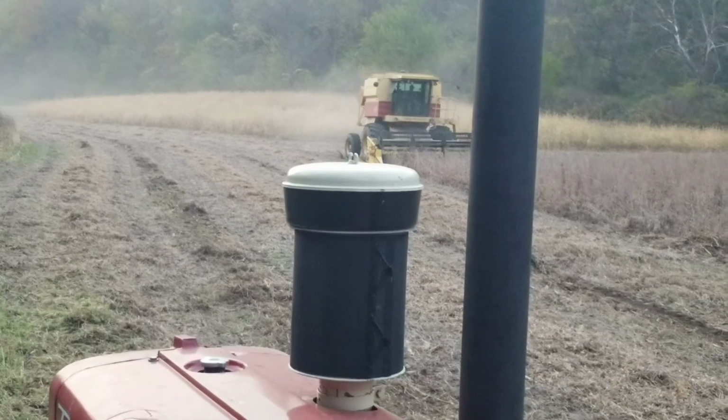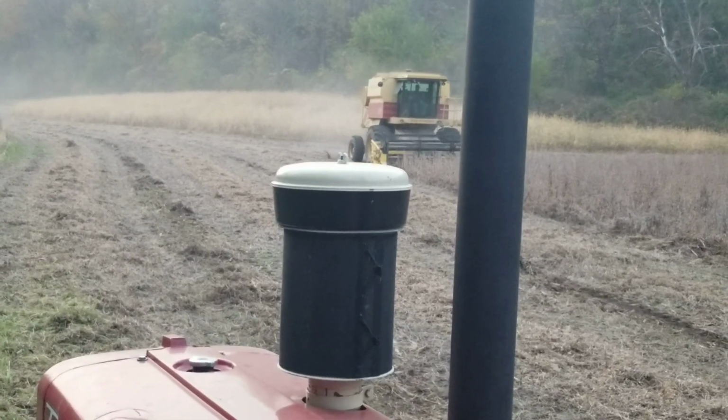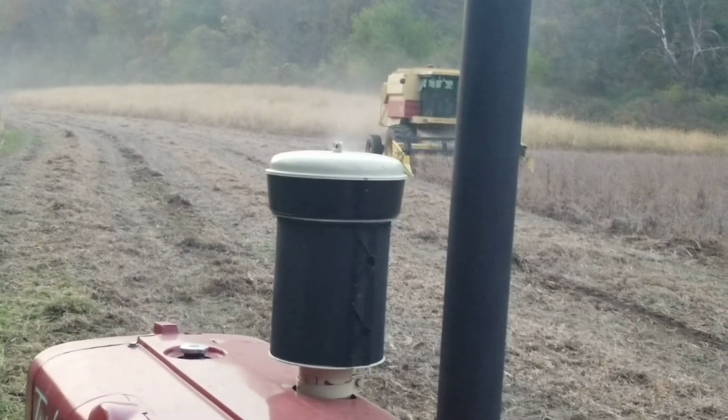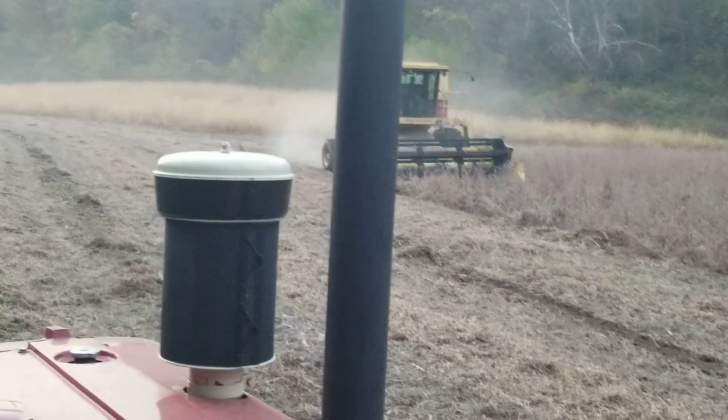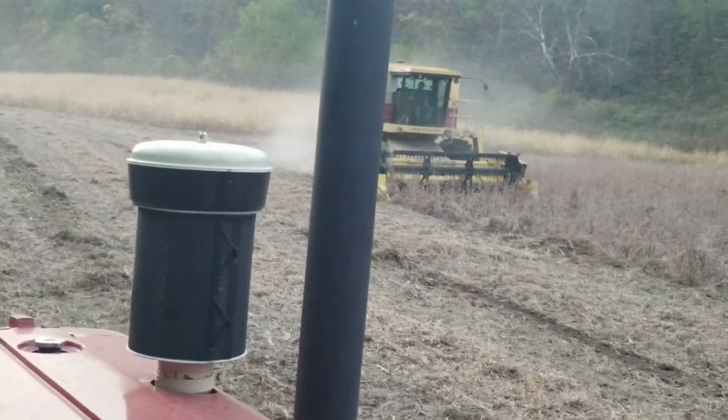It was like a D or something like that. It was kind of a big, awkward tractor that took 80 acres to turn around with. So, anyway,